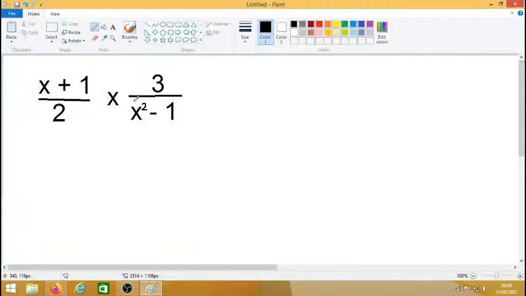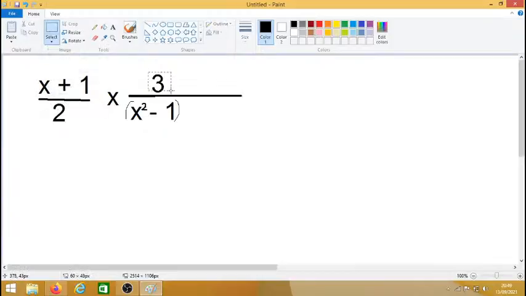A common factor is hidden in here. The x squared minus 1 comes from the difference of two squares, meaning it comes from two brackets where they're exactly the same, x and 1, but there's a plus and minus which is different, a plus in one and minus in the other. So we are going to unhide that. We're going to just extend that out,